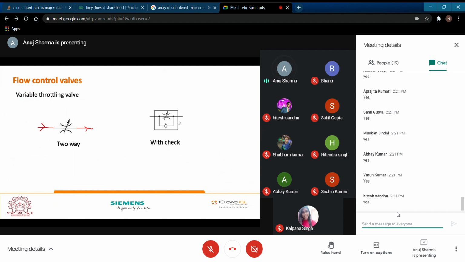But if we have a particular check, then you can see this particular sign. Okay, this has been added. Now this sign represents a check valve, and what is your check valve?